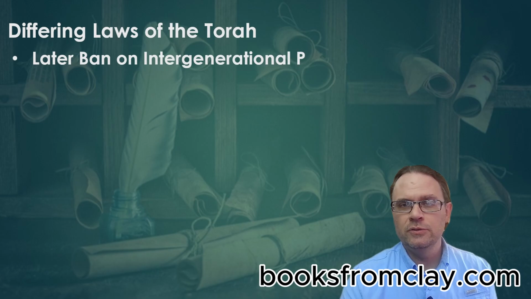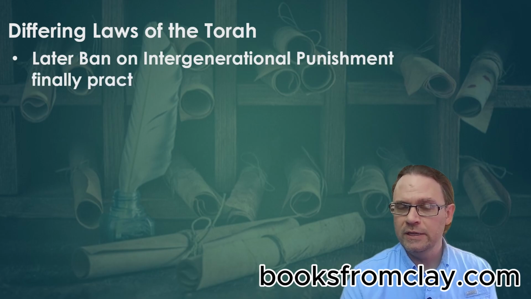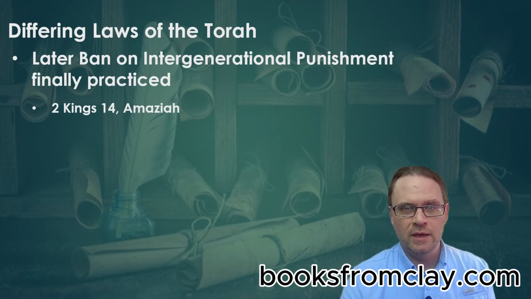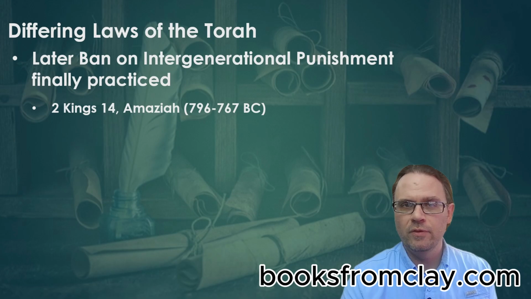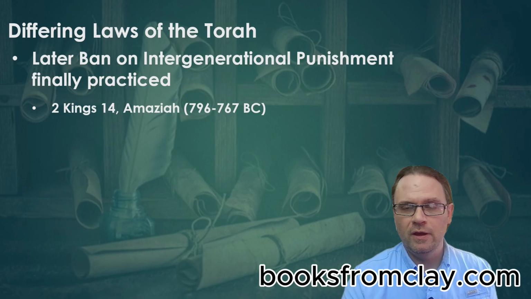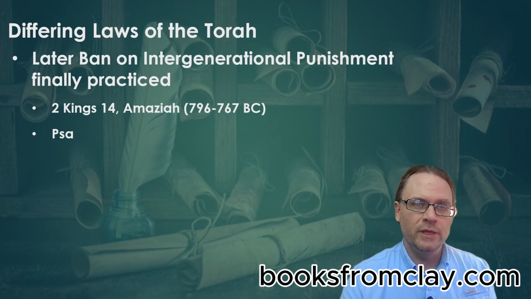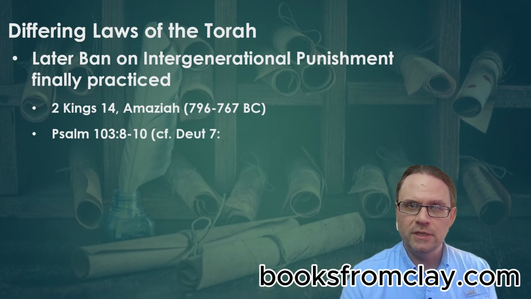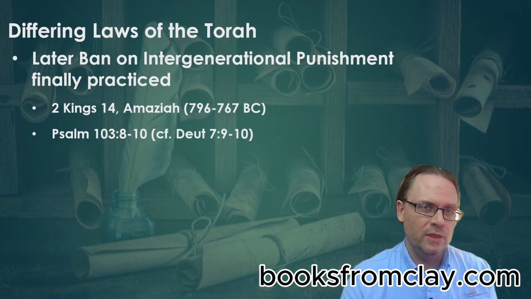The first time we see the Deuteronomistic view appears in 2 Kings 14, where Amaziah does not execute the sons of the men who killed his father, according to, quote, the book of the law of Moses, end quote. He ruled in the first half of the 8th century BC, a couple of hundred years after David. We see Psalm 103, 8-10 reference the passage in Exodus 34, 6-7, yet it seems modified at the end.